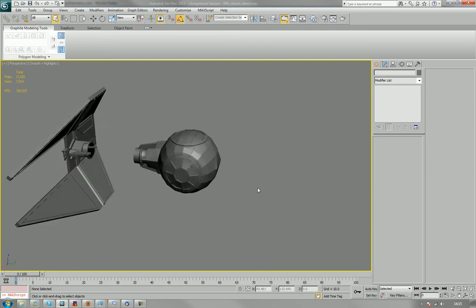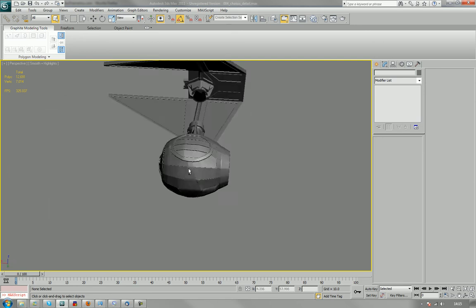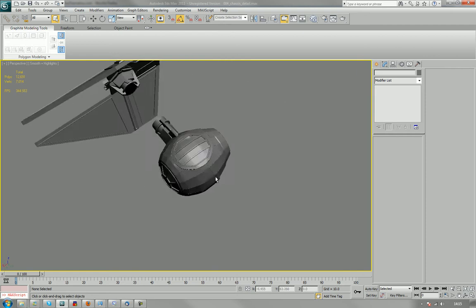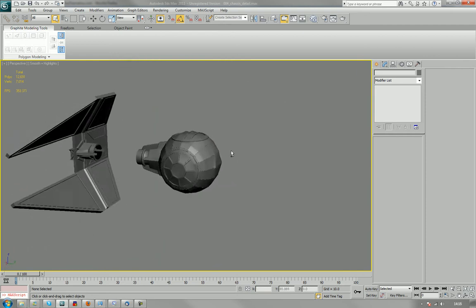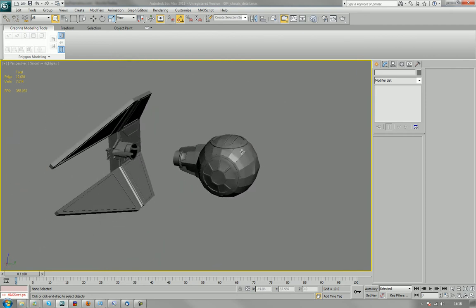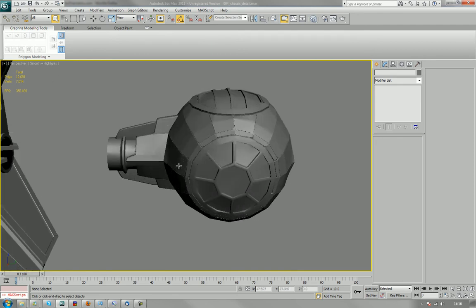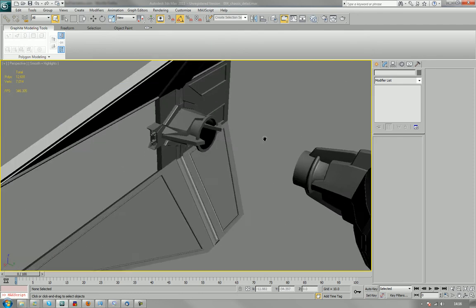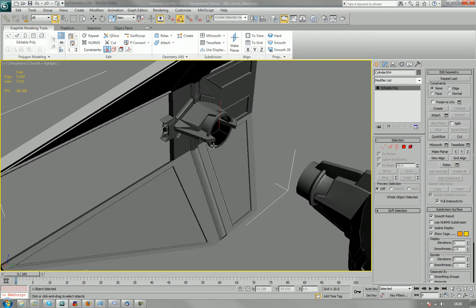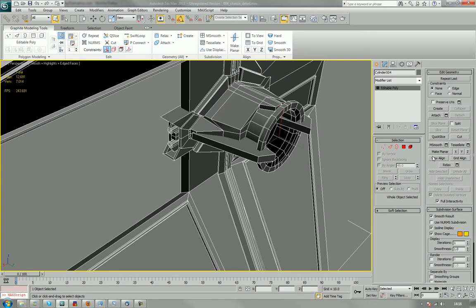So for just a couple of minutes work, in this case 8 minutes 5 seconds so far, we have quite a lot of added curvature and detail going on with our model, yet we're still able to apply materials or levels of detail to this, and I can kind of show you what I mean by this in just a moment. Let me just go over here, and again